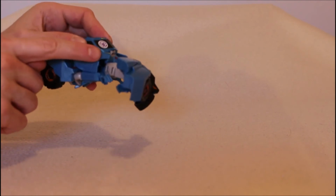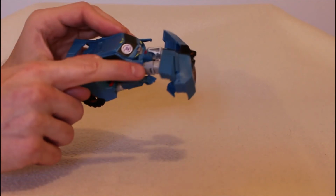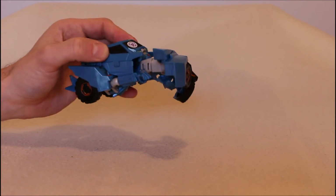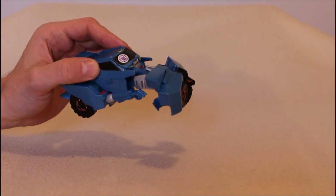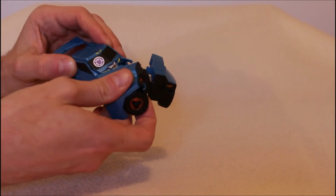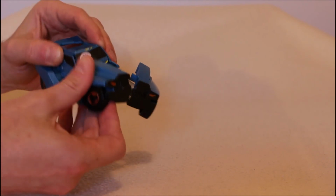And this piece that juts out right here, that needs to go up over the top of the hood. So I do find that you have to kind of fiddle and finagle to get that in there, and I don't like it. So you bring this up so that the thigh is going into what you have folded up,